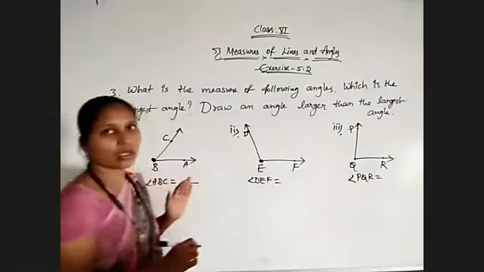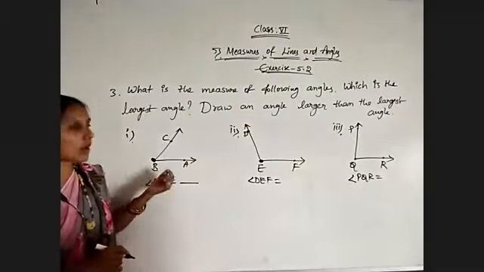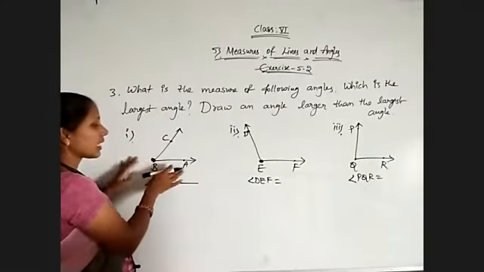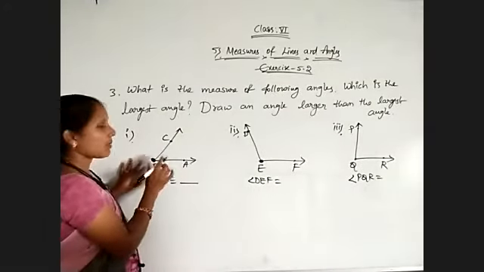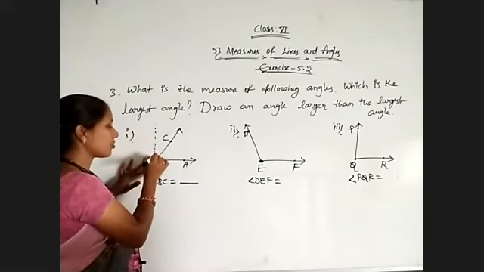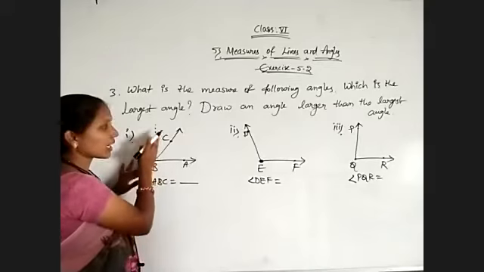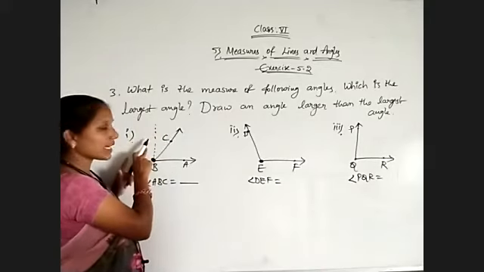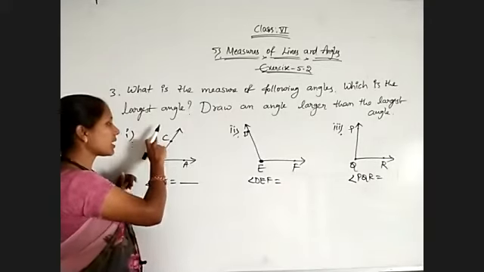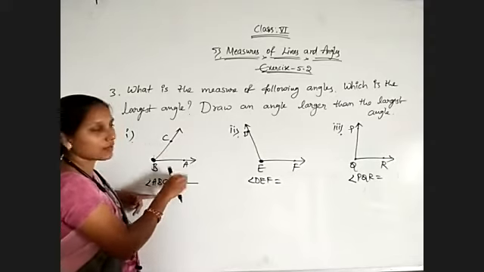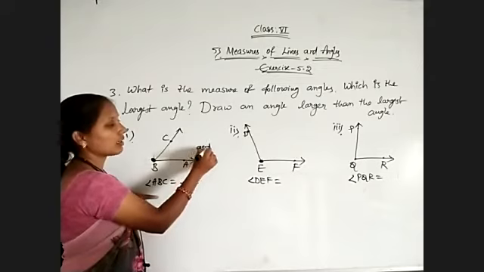I don't know the measures, but just observe, I can say which type of angles these are. Take AB as the base arm. Now try to draw the perpendicular L shape. How are you getting the other arm? Below this 90 degrees line, no? So that's why it comes under acute angle. It means you will get a measure less than 90 itself. So it is an acute angle.